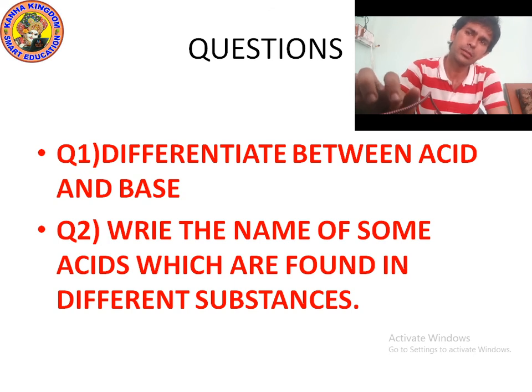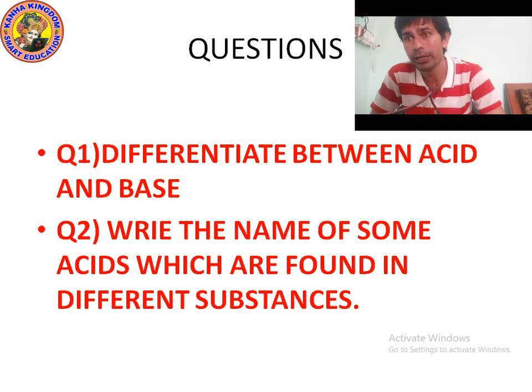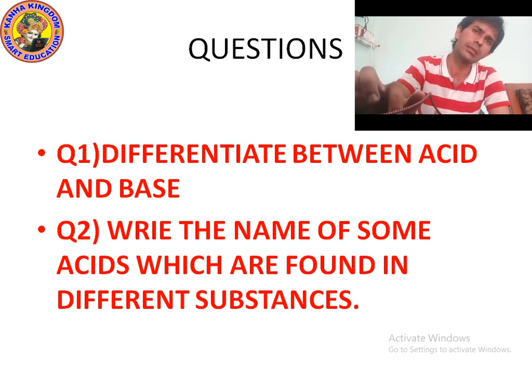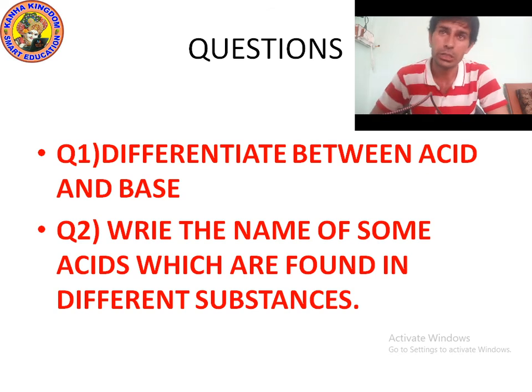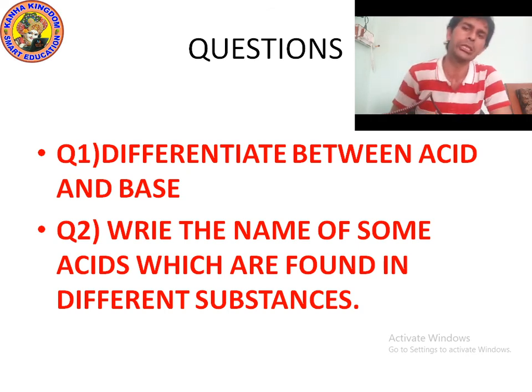Examples of acid. Which are the examples of acid? Vinegar, lemon juice, orange juice, curd, tamarind, amla, black tea, apple juice, unripe mango, grapes. All these are examples of acid. Examples of bases: detergent, baking soda, drain cleaner, antacid base, ammonia soap, which is actually hand and dish soap, lime water, milk of magnesia. All these are examples of bases.